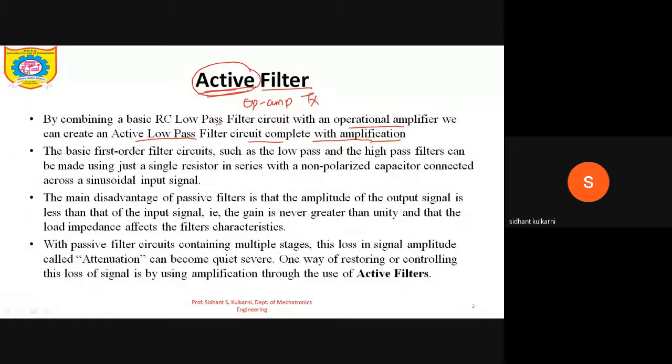A high pass filter can be made by just a single resistor in series with a non-polarized capacitor. So high pass filter, try to understand. I will give you one circuit, R, C. If R and C are connected, and C is connected in parallel, we can understand it is a low pass filter. But